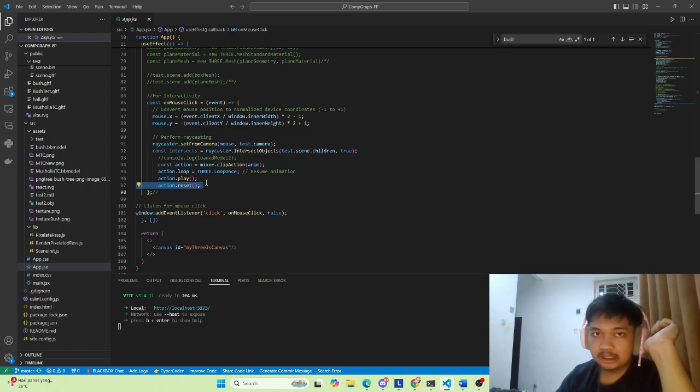And then we play the animation. So action.play starts playing the animation. The mixer handles the actual playback in real time, syncing it with animation tracks on every frame update. And then how do we trigger the animation interaction? So the raycaster here